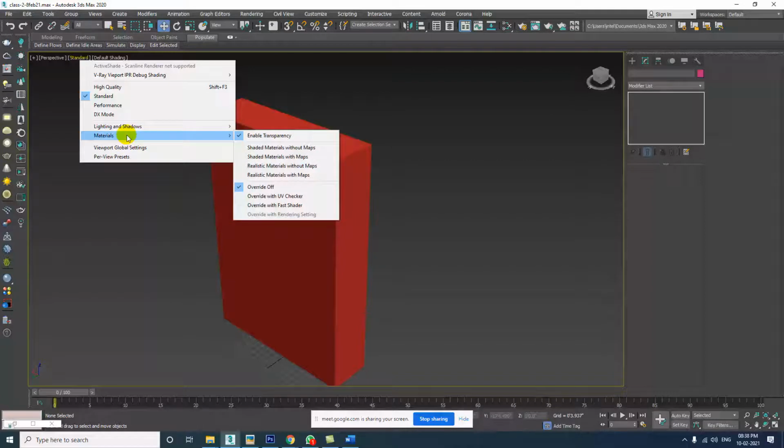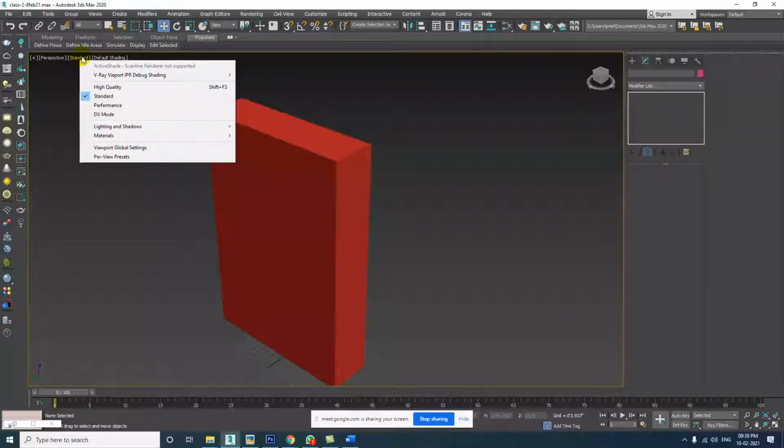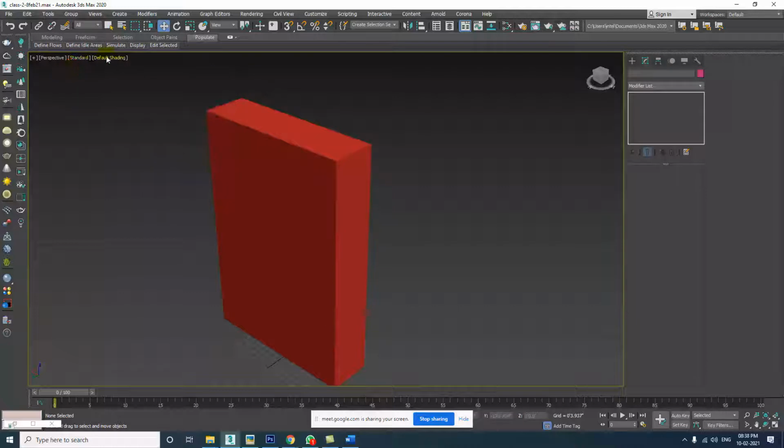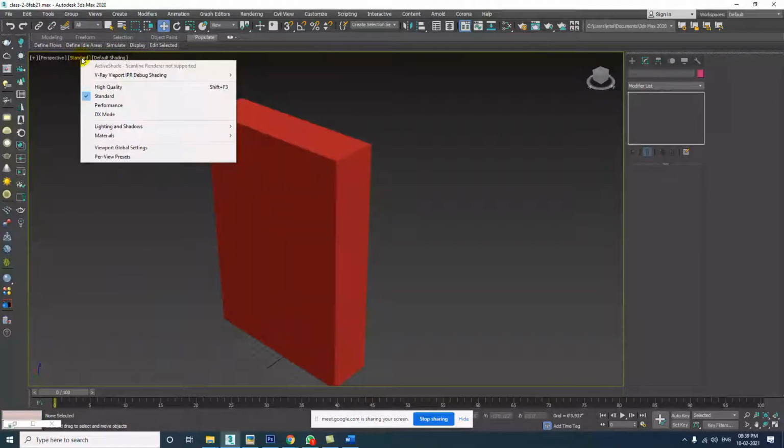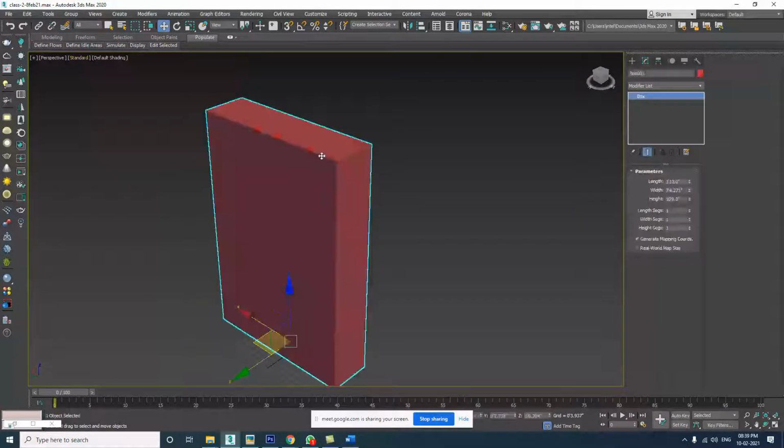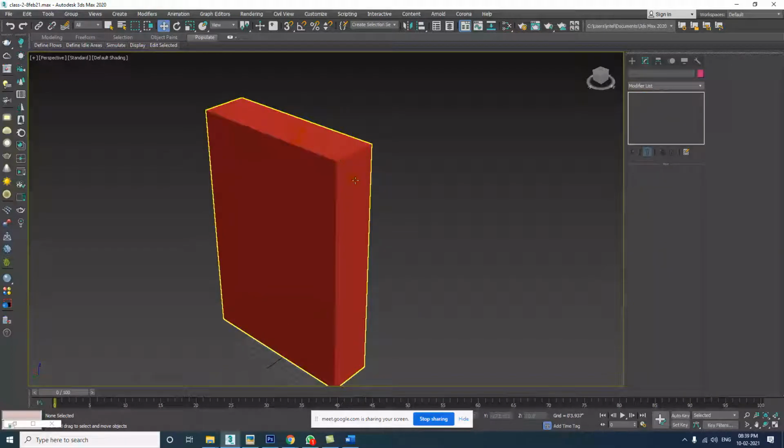Okay, so standard is all about visibility of your object with texture or without texture. Clear? Standard is for object visibility, how the object is visible over here, like the shading. You can understand it as light, shade and material. I will just write it down for you.